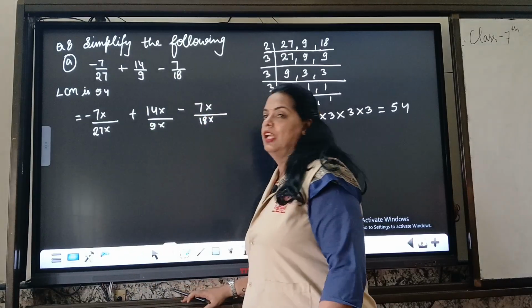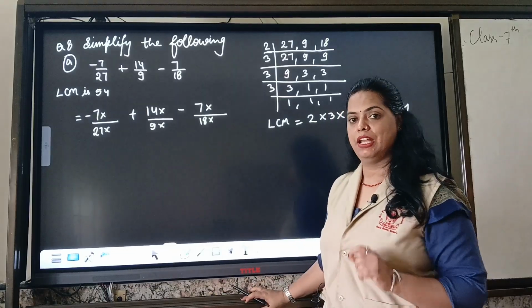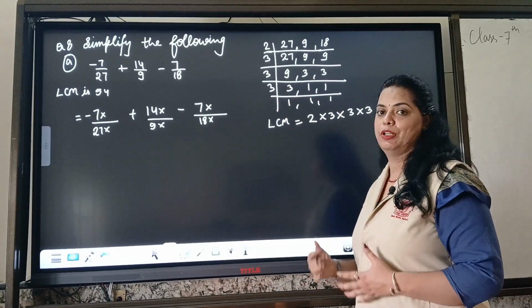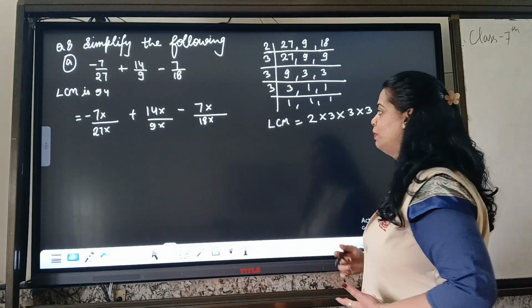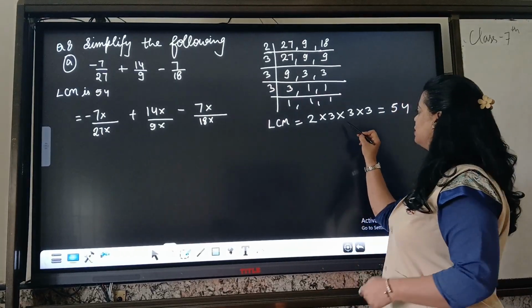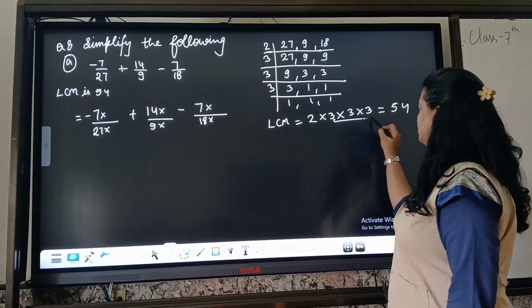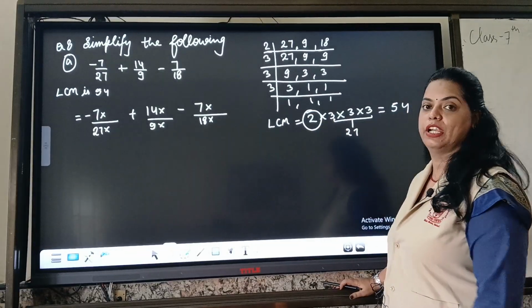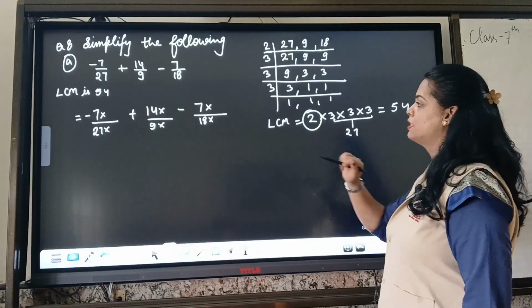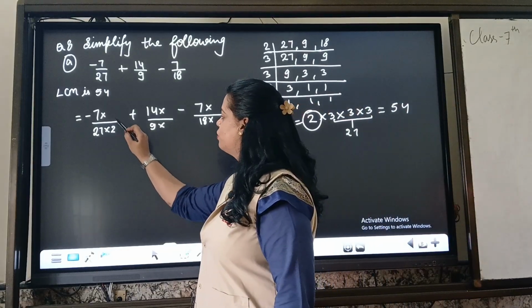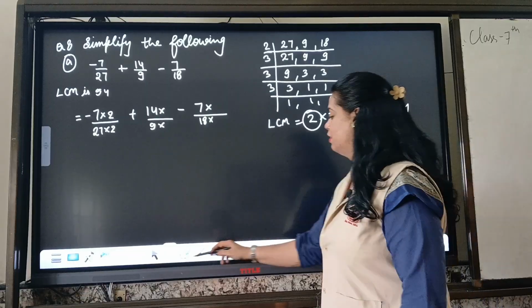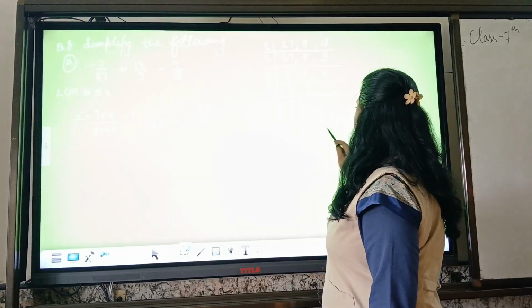Fine. As you can see, the first number has the denominator 27, and here without using the table of 27 we can find which number is to be multiplied. Children, you can notice here 3 3s are 9, 9 3s are 27. These all three are giving me 27. So which number is extra, which is missing to get 54? Number 2 is missing. So we will write 2 in the multiplication. Now we are moving towards 9. So which number is giving us 9?